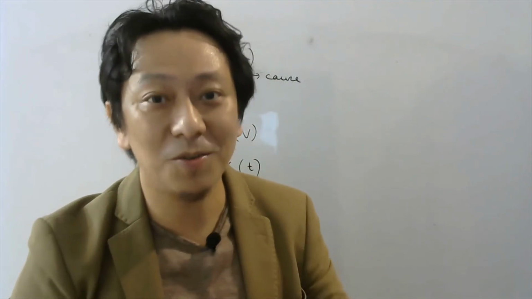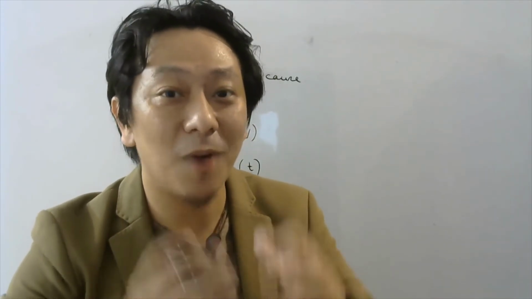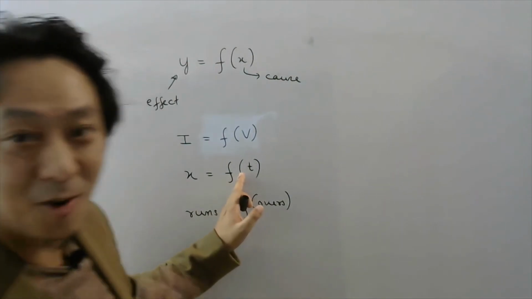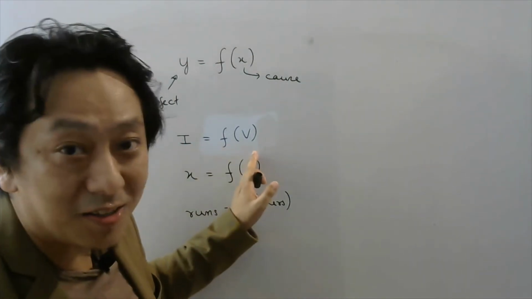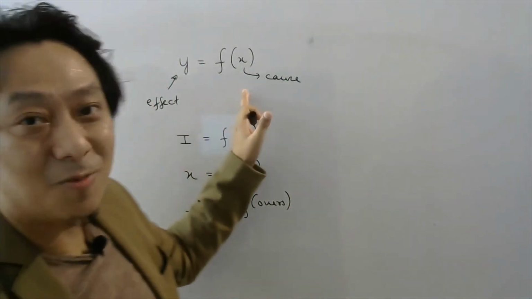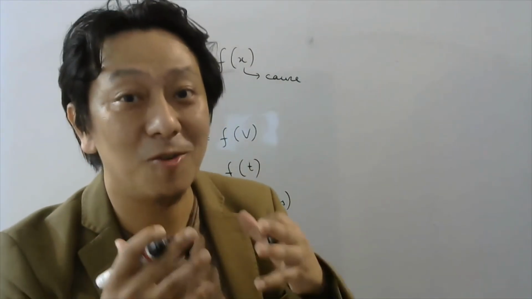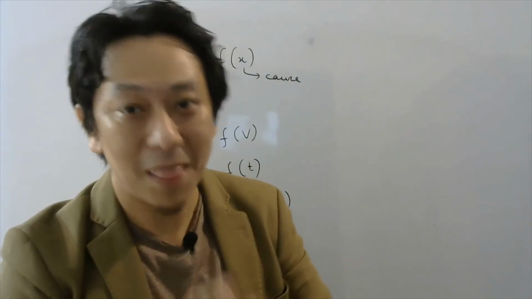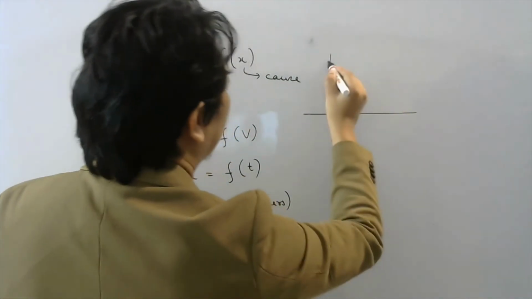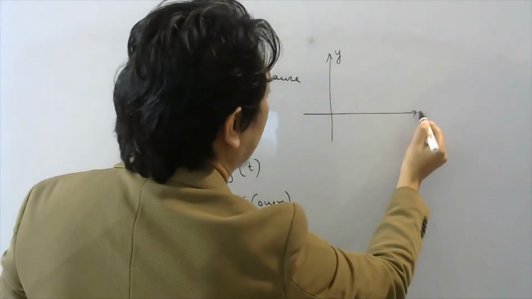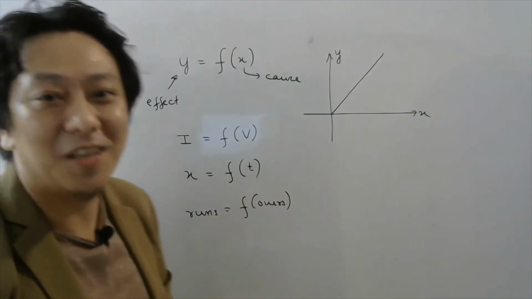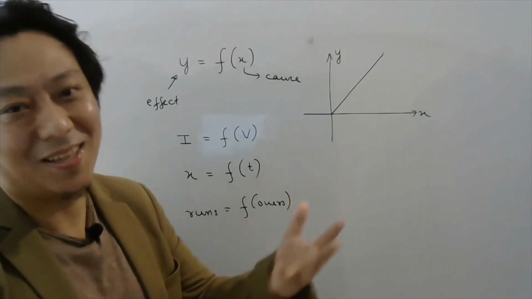And whenever you want to know the rate at which y changes with x, or distance changes with time, or current changes with voltage, that is the time when you need differentiation. However, if the change is such that the graph of y versus x is a straight line, then to study the rate of change you really don't need differentiation.